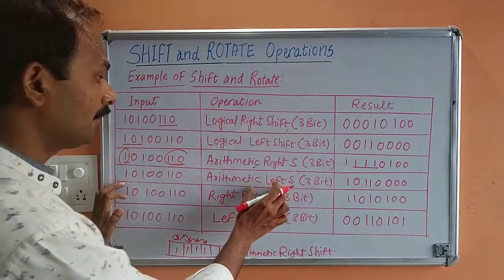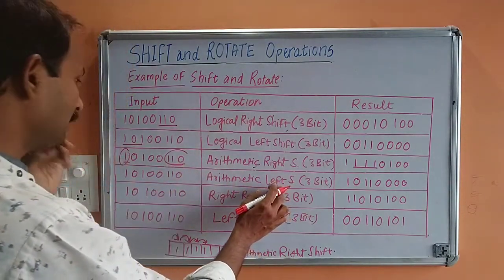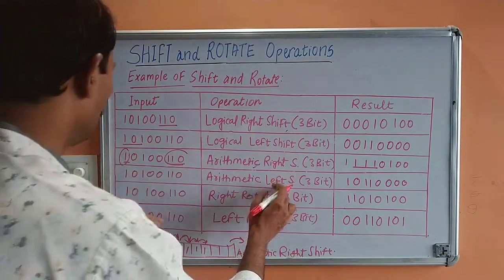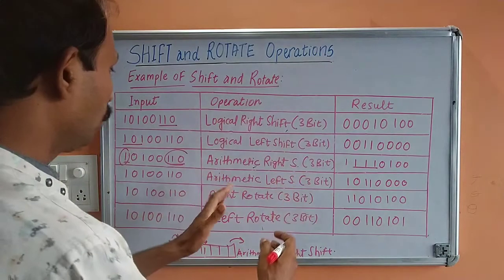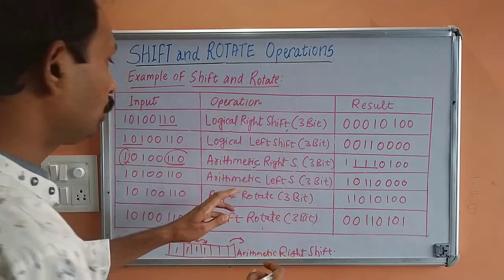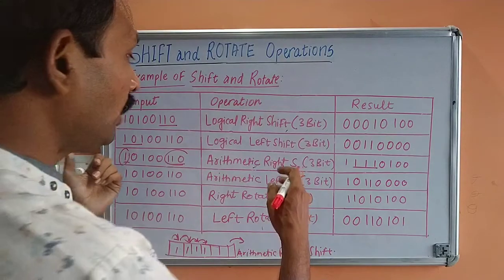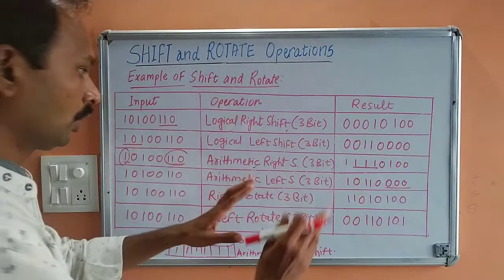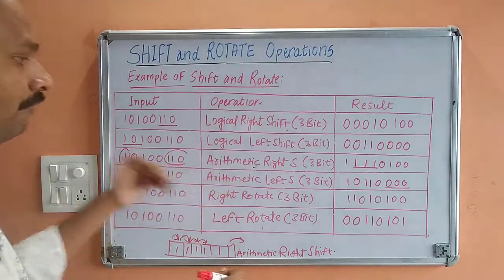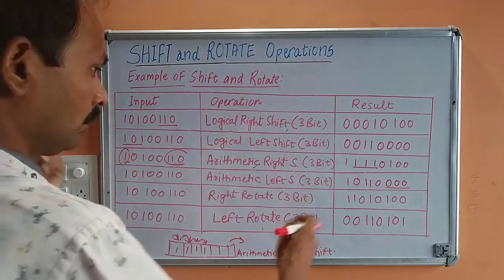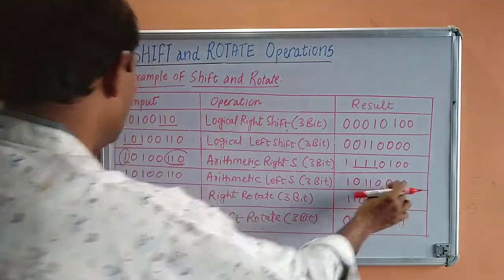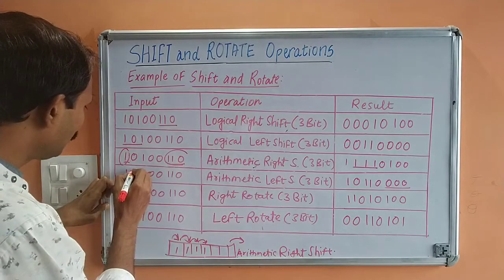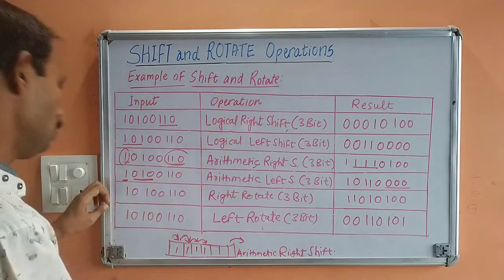Now arithmetic left shift. So in arithmetic left shift, what will happen? See, we need to shift the number by 3 bit. So what will happen? In left shifting, we need to shift the number on left hand side. So on the rightmost side, we will get 3 bits, 0. That is for sure, because the bit shifted on left hand side, right? So that gets out. So here 3 zeros will be appearing, and the sign bit will be as it is, and these bits will go out. So these 3 bits will go out, right?